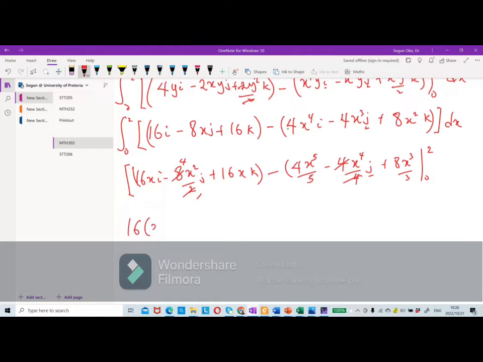You have 16 into 2i minus 4 into 2 raised to the power 2j plus 16 into 2k minus 4 over 5 to 5 plus 2 raised to the power 4k j plus 8 over 3